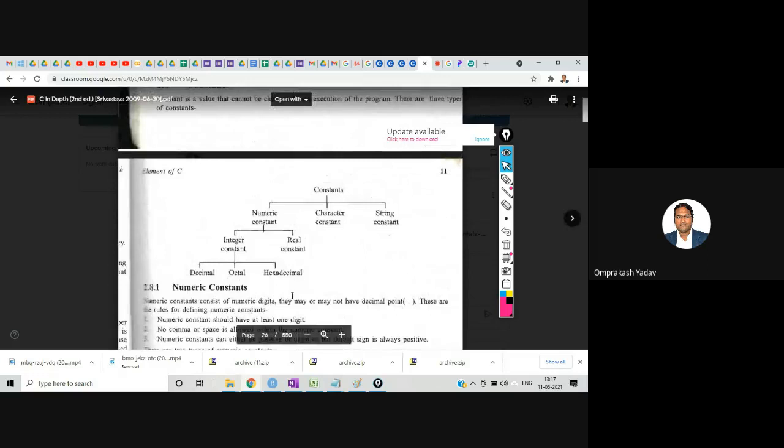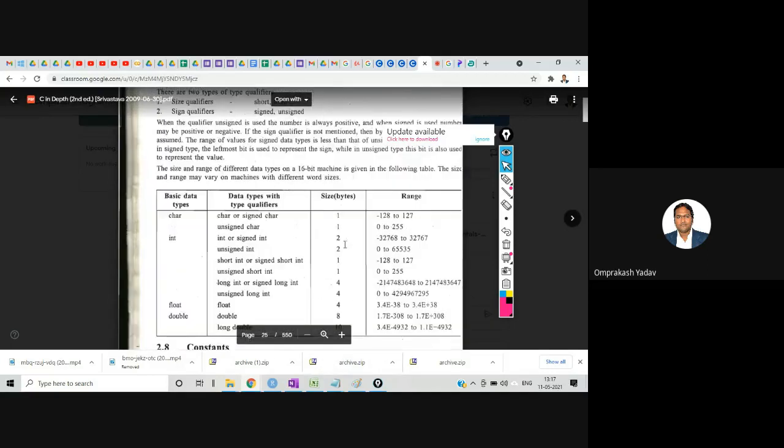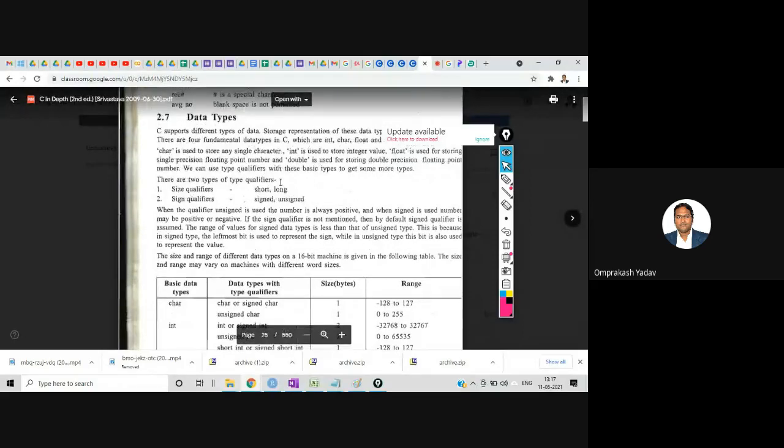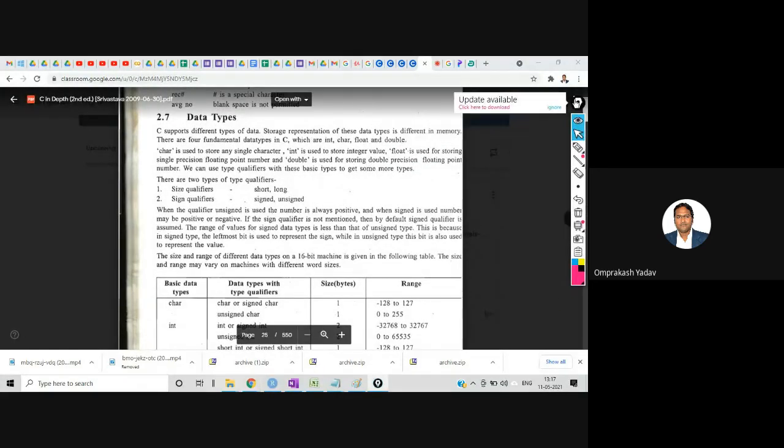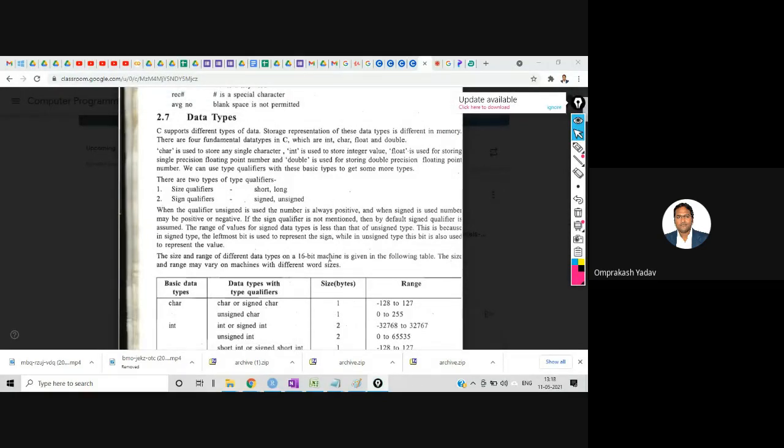Now let's start with the data types. Different types of data types are available, which is a very important question in the C language: explain different types of data types which are available in the C language. Now, first of all, before learning about the data types, what do you mean by data types? It actually tells what kind of data you are storing.